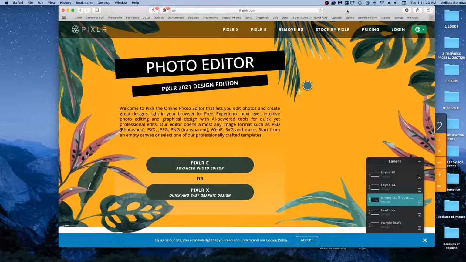Welcome. I'm going to show you how to edit the transparent PNG version of the bedroom mockup in Pixlr. First go to pixlr.com in any web browser. It'll give you a couple of options. We'll click on the Pixlr X,